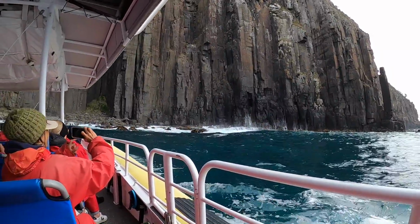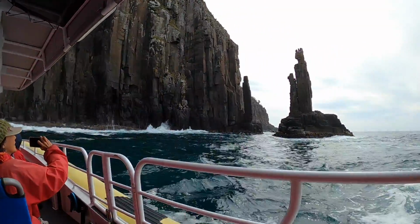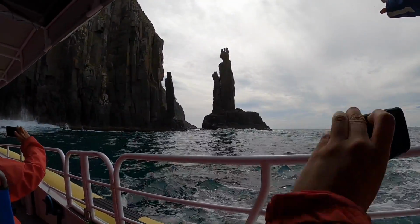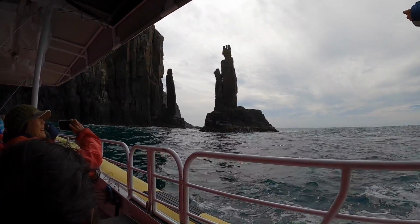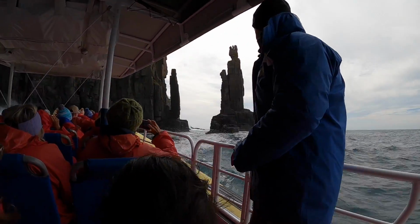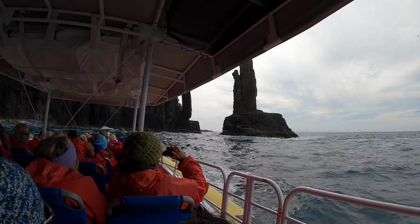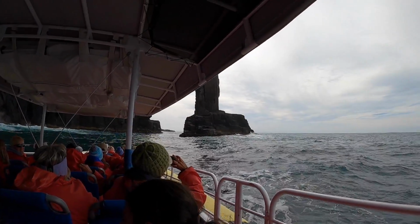To give you some idea of what you missed out on yesterday, there were waves going over the tops of that first ledge. The waves were as thick as the king's base. In one wave, it went from the right-hand side all the way to the queen. That's the lady praying there with her hands clasped together. It was a 5 to 6 metre sea. Very interesting. Not everyone was as excited as me, but